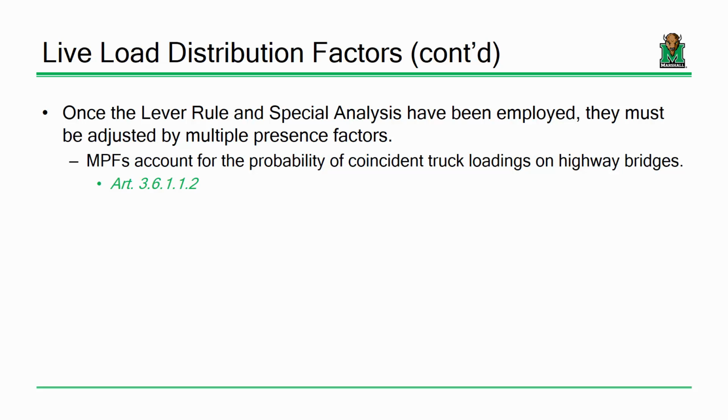Probably pretty low, right? Make sense? And we're talking about extreme force effects too, exclusionary vehicles, all right? What's the probability of 4 concrete mixers being side by side? Stuff like that. So multi-presence factors are trying to account for the probability of coincident truck loadings on highway bridges,